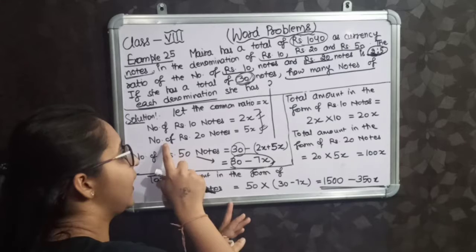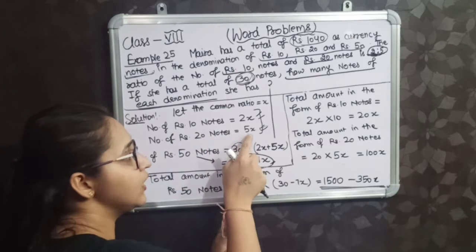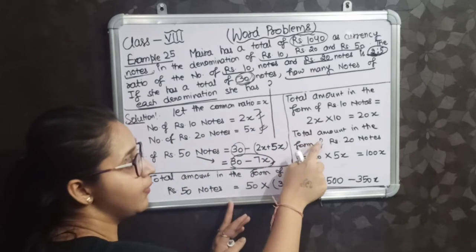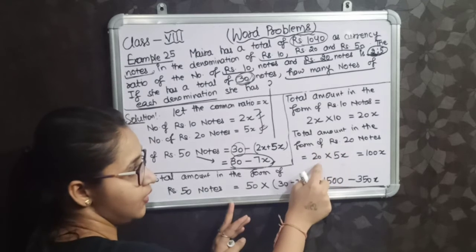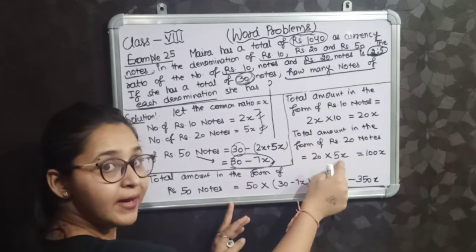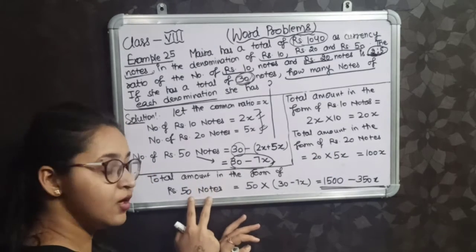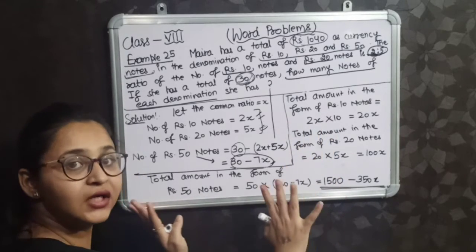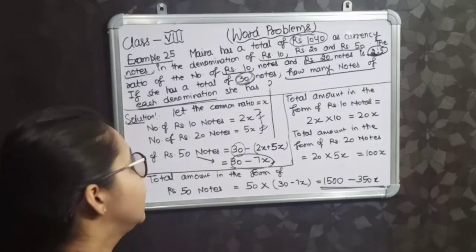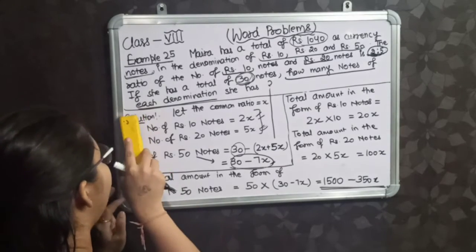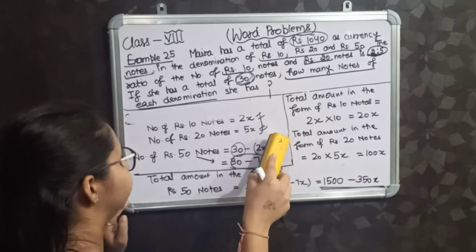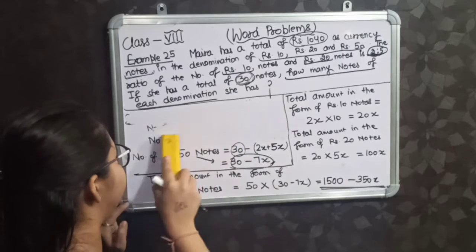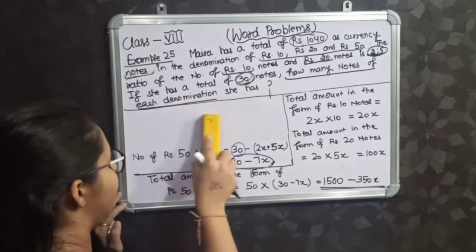Same, if I have notes of rupees 20 as 5x, my total amount in the form of rupees 20 notes will be 20 multiplied by 5x, and same for the rupees 50 note. So these are the things that I have done. Okay. Now what I will do, I'm just rubbing this part. Now see,